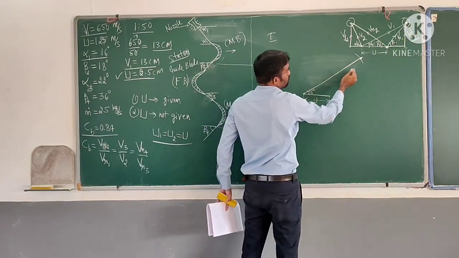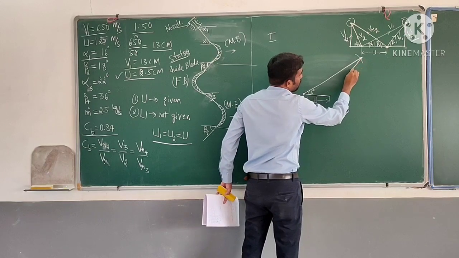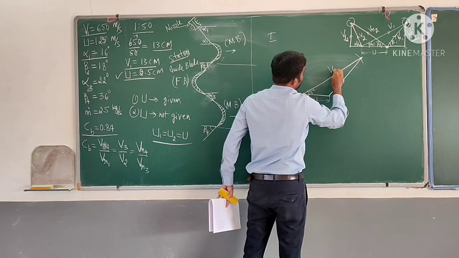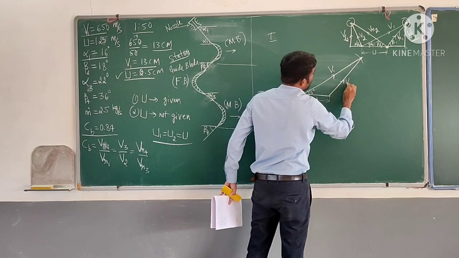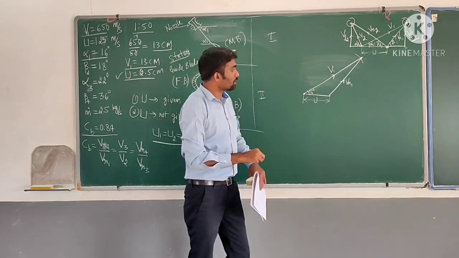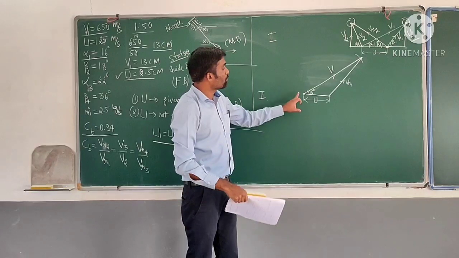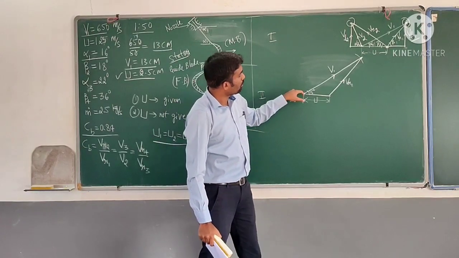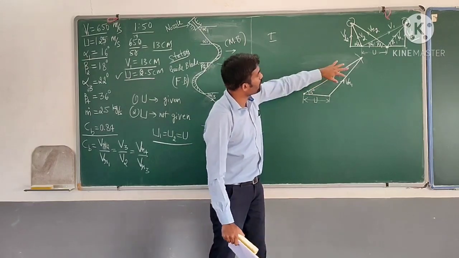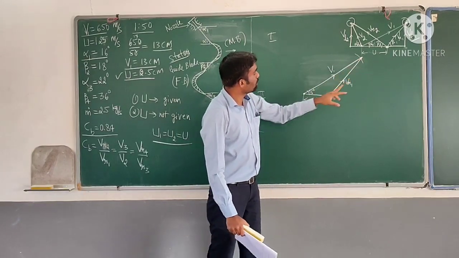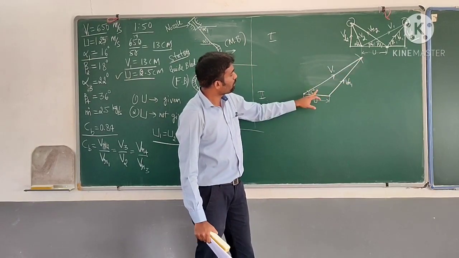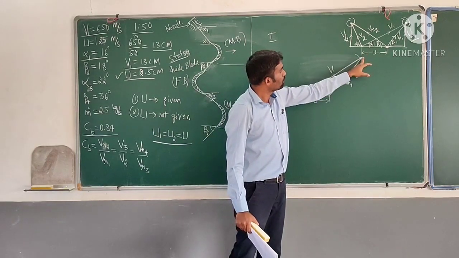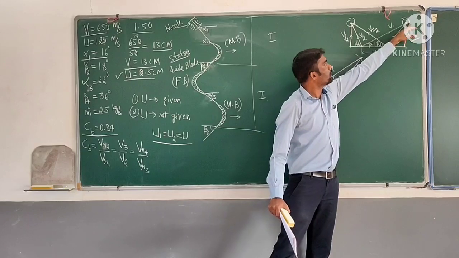From this point I can draw this line. So this is the V1 part. This is the VR1 part. This is very important. So from this point we have the given details. We have used the compass and we are cutting the length of 13 centimeters, and using the given angle, which is 16 degrees, we are drawing the line. So we will get the intersection point, which you can see here.